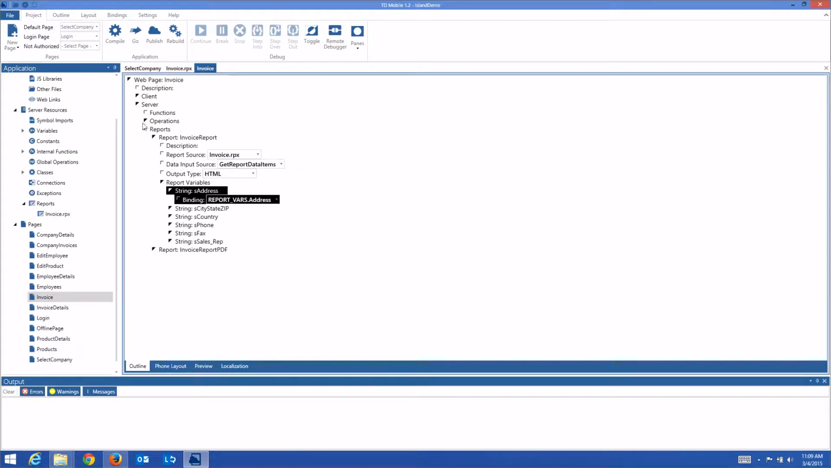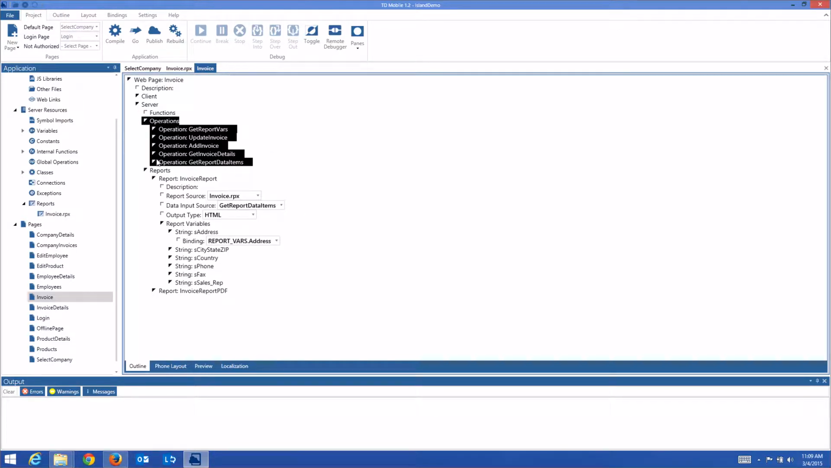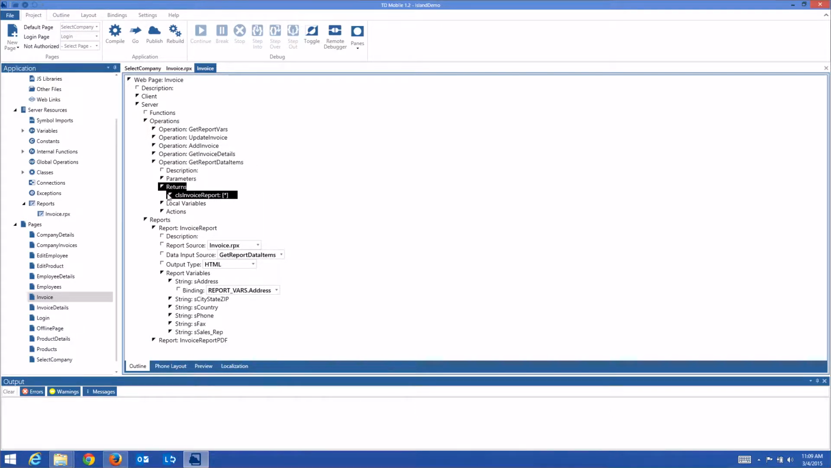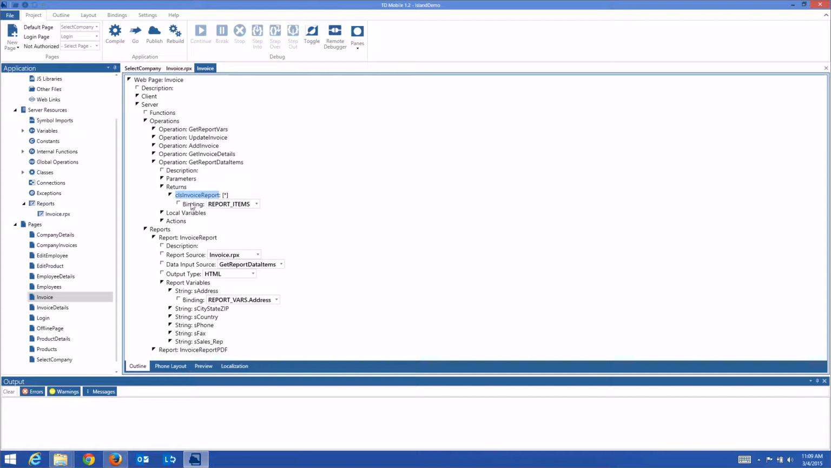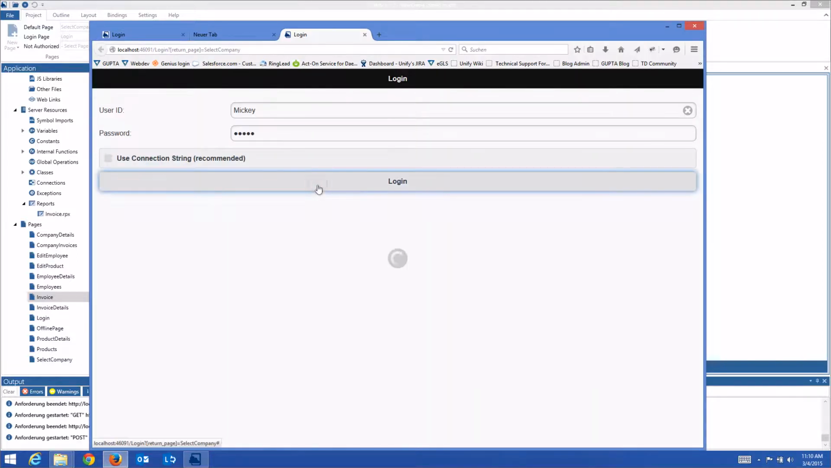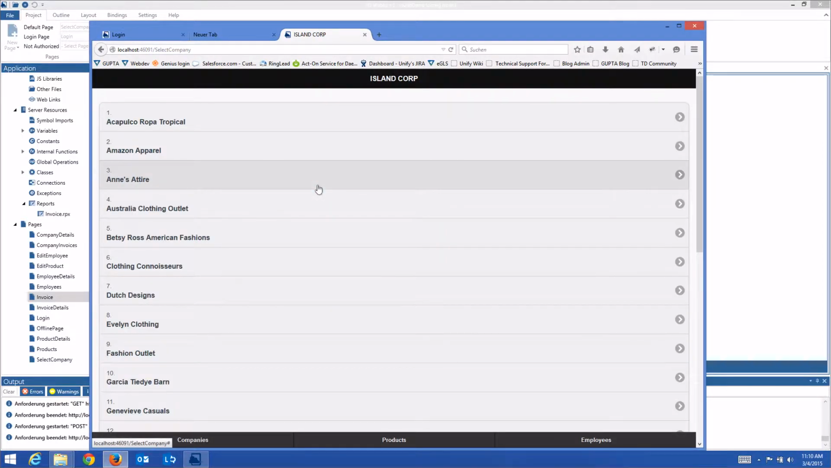Now let's look at this operation here. Operation get report data items. This one returns an array of the class invoice report, and this array is basically maintained at the server and then passed into the report. So to see how this works, just press the Go button and connect to the database. Choose a company,